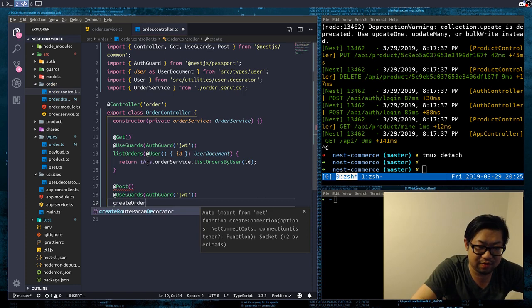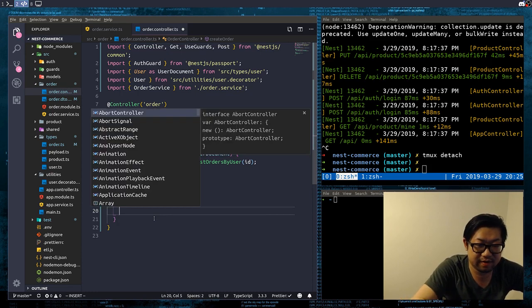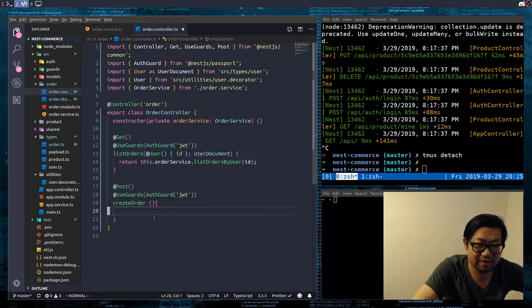Create order. Okay. Likewise, oops, it's not the right button. What is this? And damn it. This is gonna be, likewise, we're gonna need the user again,